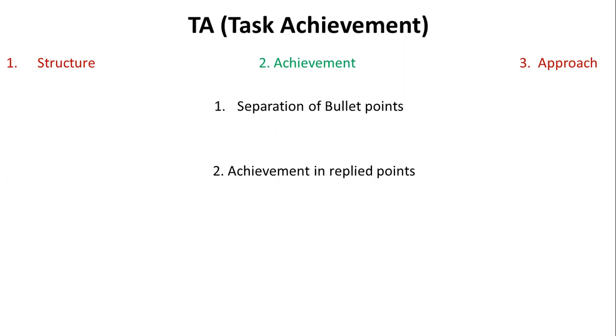The first point is quite clear: the answers of the bullet points must not be mixed with each other. There are 3 bullet points. The answer of each bullet point must be separate from the other ones. So, if I talk about my answer that I have just shown you, we have answered bullet point 1 in the introduction paragraph. The second bullet point, the importance of the park, we explained in the second paragraph, and the third one is the third paragraph. So the first point is quite clear, achievement is quite good, but the next thing is